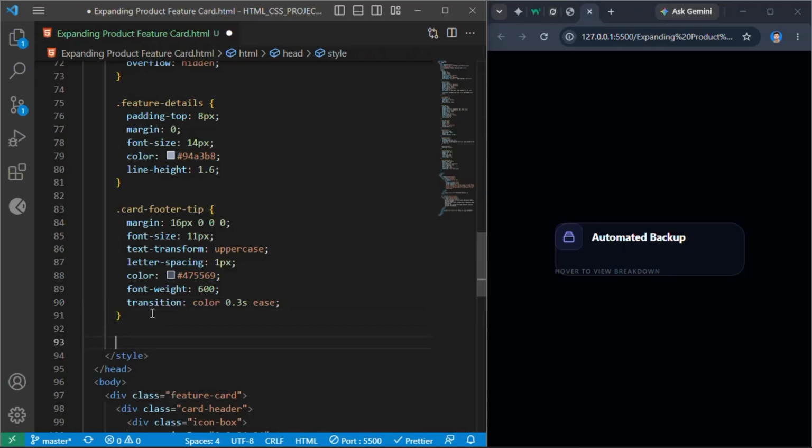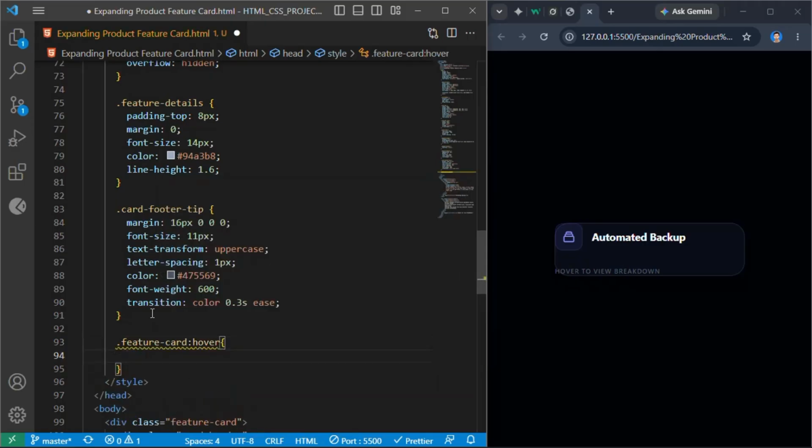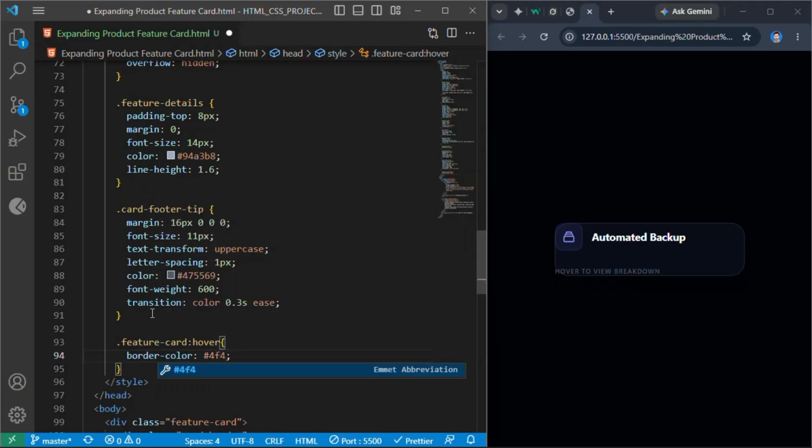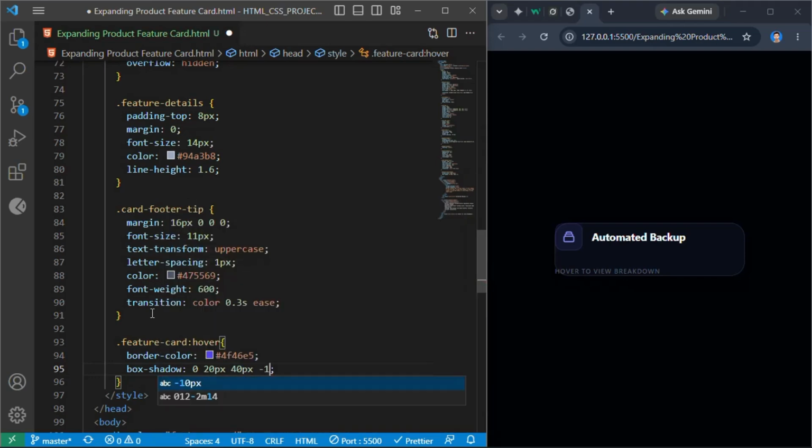We type out our parent hover selector .feature-card:hover to handle card outline illumination. Inside, I'll add border-color #4F46E5 and box-shadow 0 20 pixels 40 pixels -10 pixels, RGBA 79, 70, 229, 0.15 to illuminate the outer